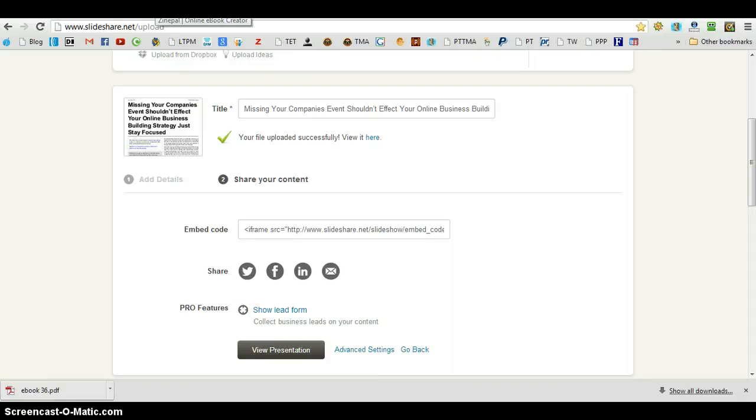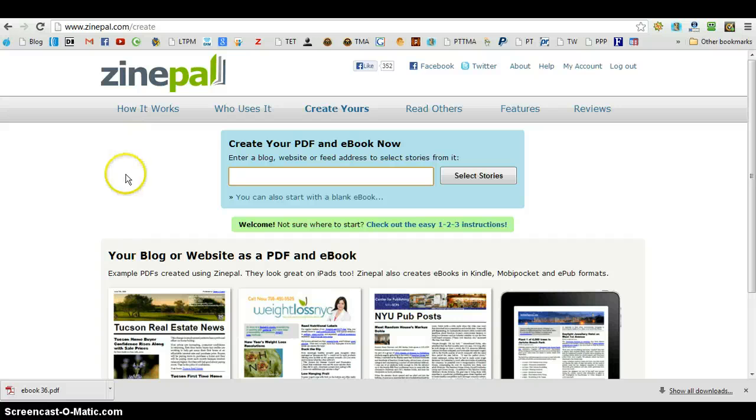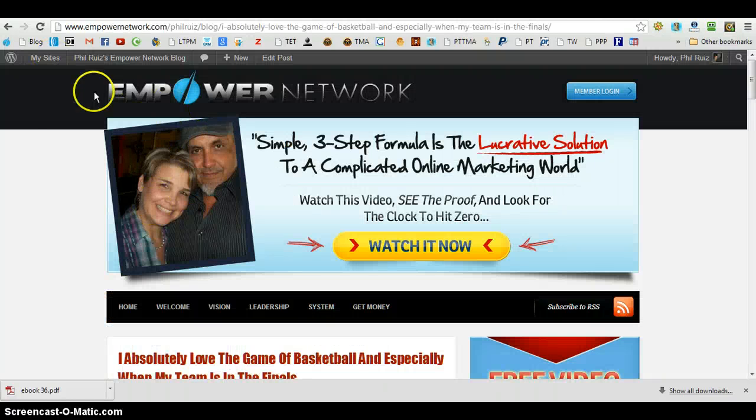Okay, SlideShare.net and Zenpal.com. Both are free. Both help you to get your posts, your blogs out to the public so people can see them more. It actually just gives you a little bit more juice for your ranking so that you can get your information out that you want people to see, which eventually will get them to your blog post like mine is here,